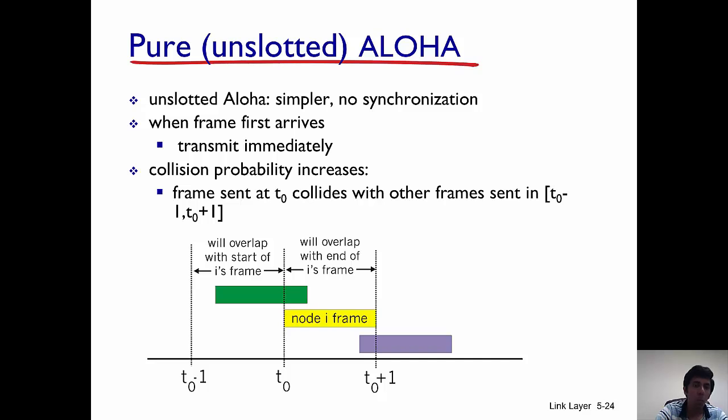So let's take one step back and think about an unslotted Aloha, where users, whenever they have a packet, can choose to transmit. So it's simpler than slotted Aloha. It's the simplest protocol that I could think of. There is no notion of time divided into slots. So whenever a frame arrives, the user can just decide whether they want to transmit or not. And if there is no collision, and they have more data to transmit, they can continue to transmit. Otherwise, if there is a collision, every user with some probability does not transmit for some length of time, and then they transmit again. It's similar to slotted Aloha. The only difference is that there's no notion of time slot.